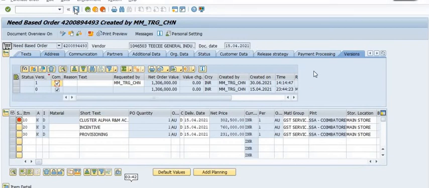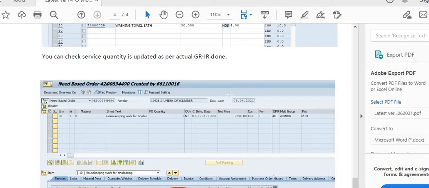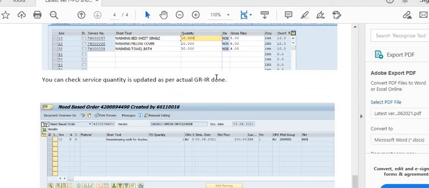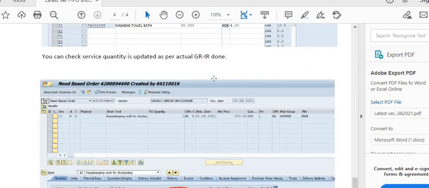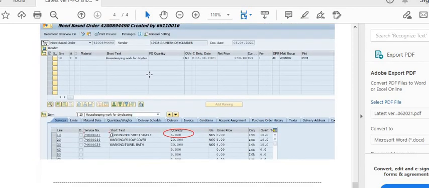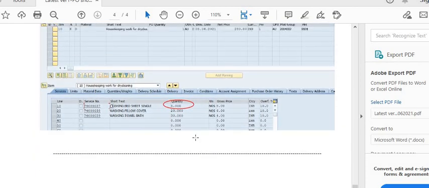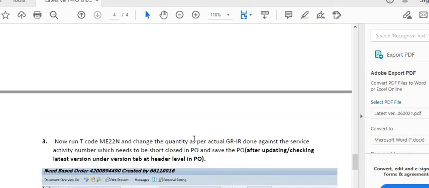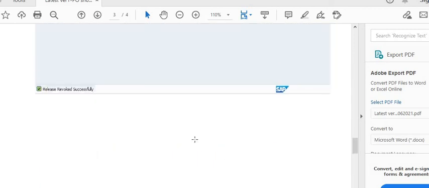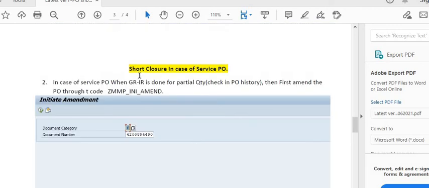This is the method through which you do the short closing of the purchase order. Again, once you save the purchase order, go in the quantity tab. This quantity will be updated to 500 with respect to 1000. This is how you can short close the service PO.